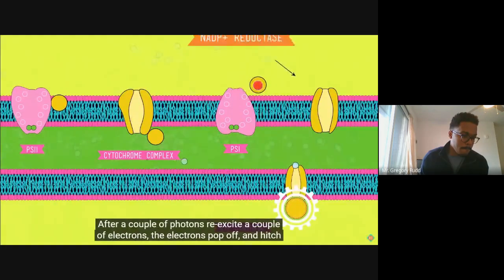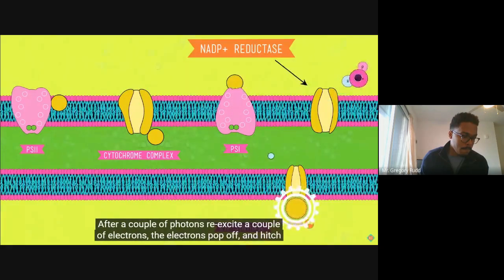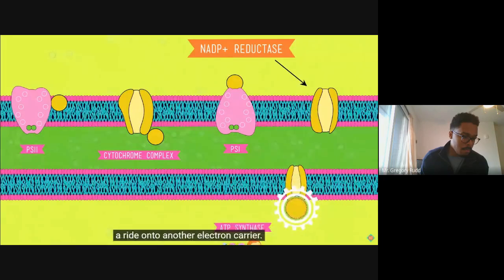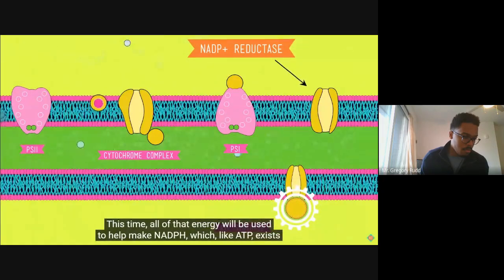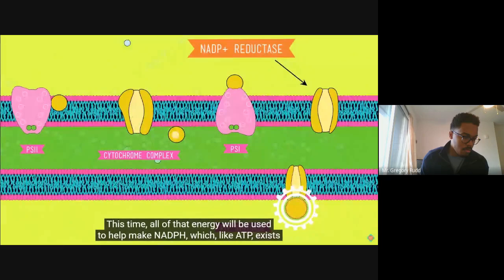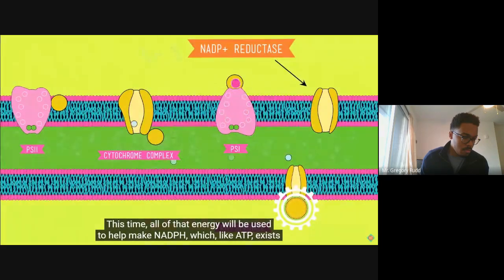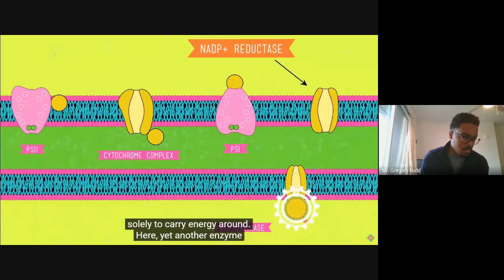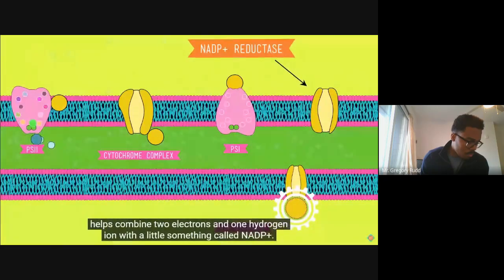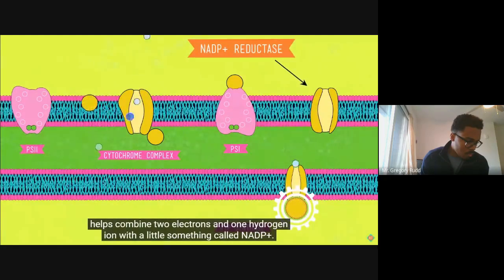After a couple of photons re-excite a couple of electrons, the electrons pop off and hitch a ride onto another electron carrier. This time, all of that energy will be used to help make NADPH, which, like ATP, exists solely to carry energy around. Here, yet another enzyme helps combine 2 electrons and 1 hydrogen ion with a little something